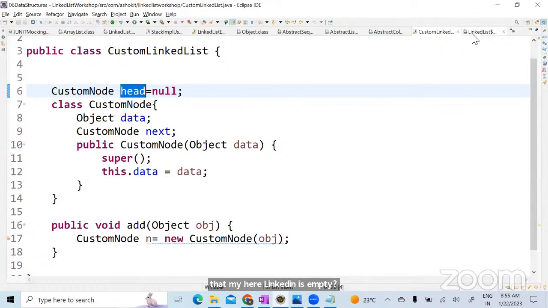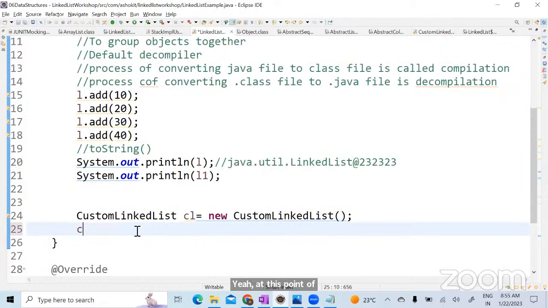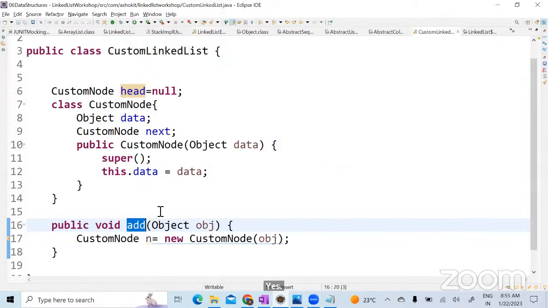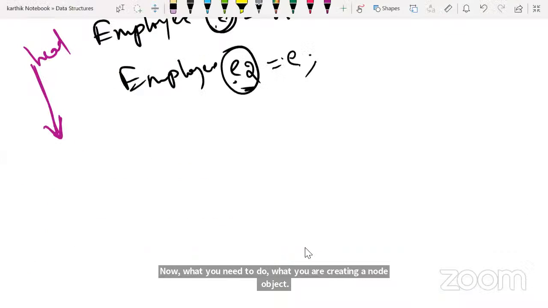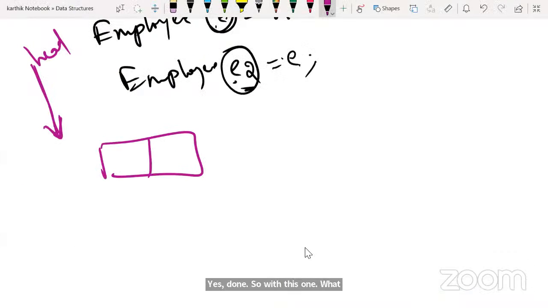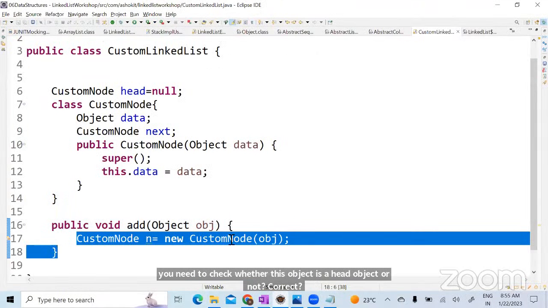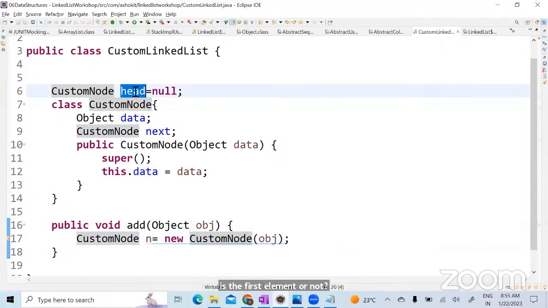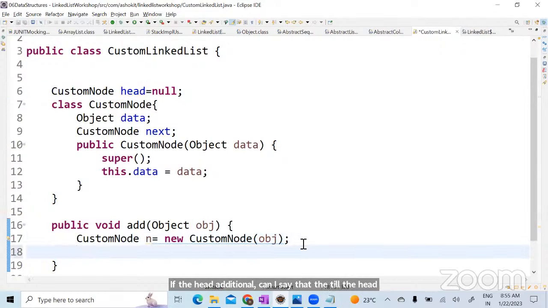Now, the first time, whenever you call the first method, cl.add, you are passing 10. Now, what you need to do first is create a node object. So with this, you have created a node object called n, and the data is 10. Now, first you need to check whether this object is a head object or not. How can I get whether this is the first element or not? Till the head value is null, that is the first node, correct? Now I will write here: if head equal to null,